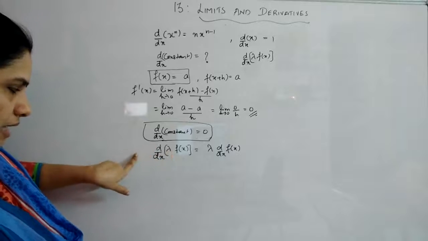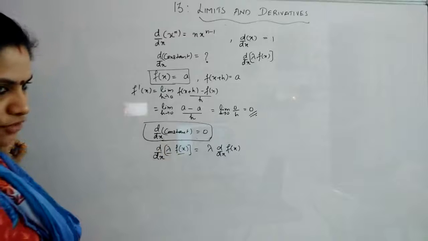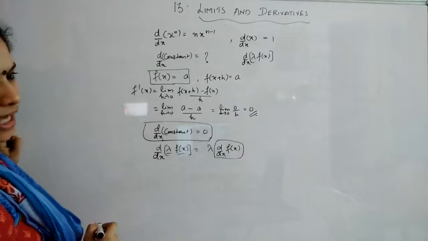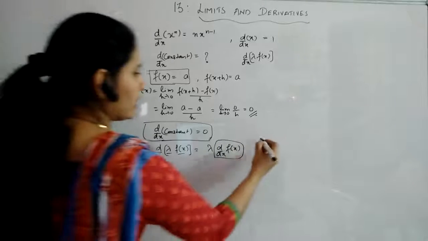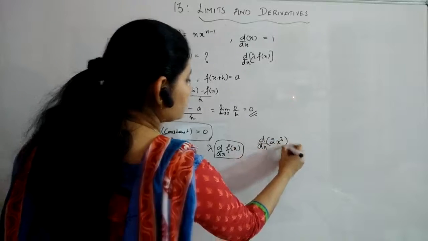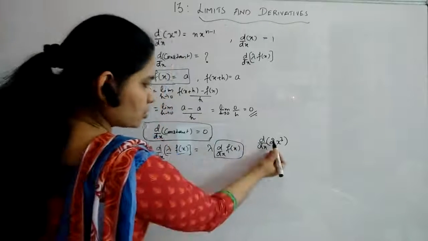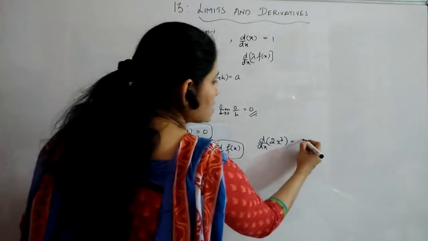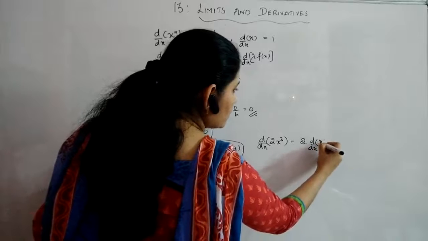So lambda can be taken out if you have a product of two things in which one is a constant and one is a function of x, and then differentiate the part which contains the x term. Understood? Okay, so I'm just showing you an example. Suppose I have to take the derivative of 2x cube. So here 2 is a constant. In place of lambda I have taken 2, and in place of the function of x I have taken x cube. So what I will do is I can take out 2 and then differentiate x cube with respect to x,